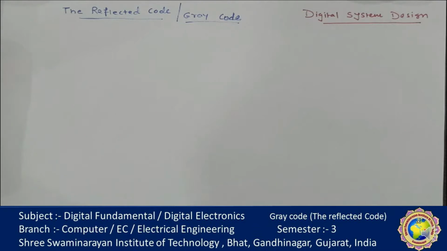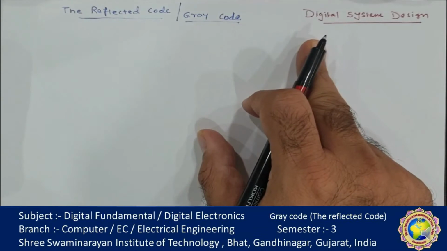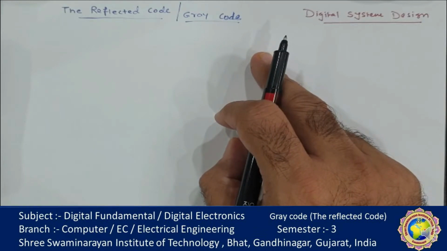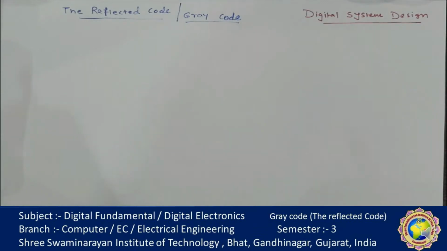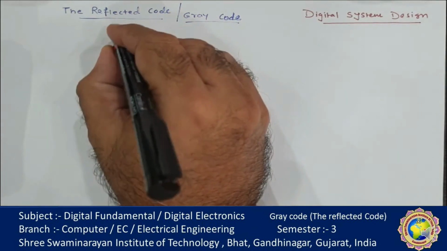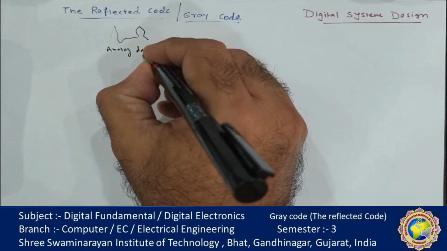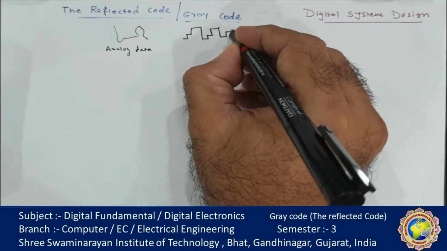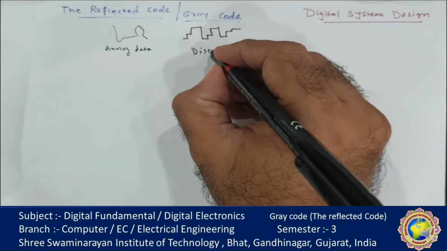Remember that digital system design can be designed to process the data in discrete form only. Means a value may be 0, 5, 17, 14 in discrete manner. Mainly physical systems supply continuous output data, and this data may be converted into digital or discrete. Suppose this is the analog data, which can be converted in discrete manner, or we can say that it is in digital form.